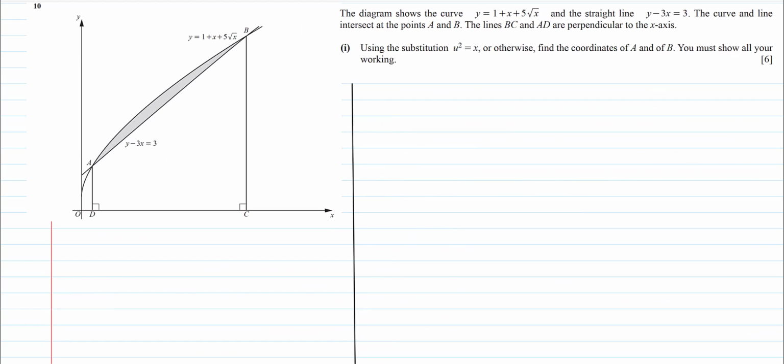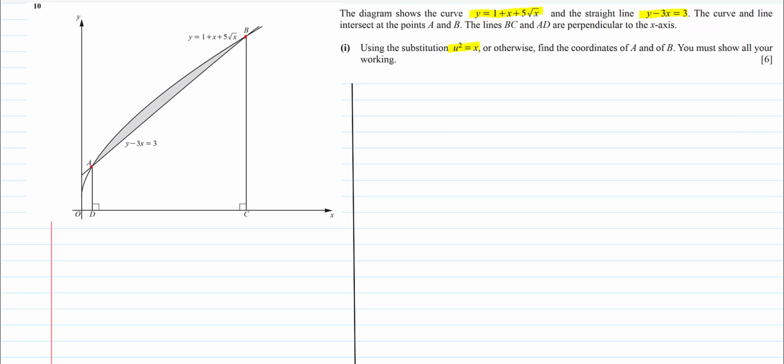Question 10. We've got this diagram here that shows the curve of y equals 1 plus x plus 5 root x, and the straight line y minus 3x equals 3. The curve and the line intersect at the points A and B, and the lines BC and AD are perpendicular to the x-axis. So for part 1, using the substitution u squared equals x, or otherwise, we need to find the coordinates of